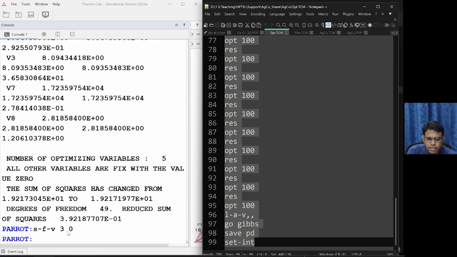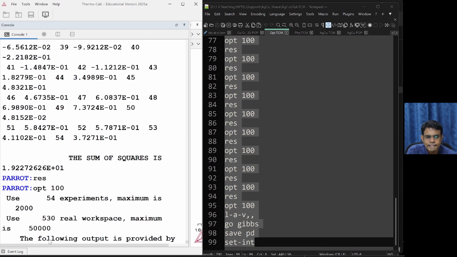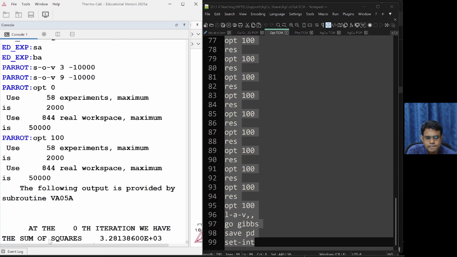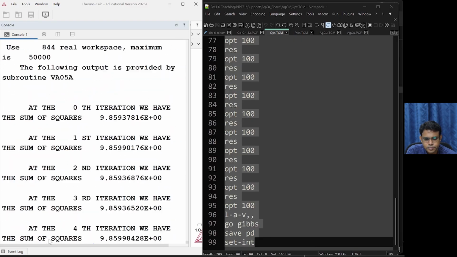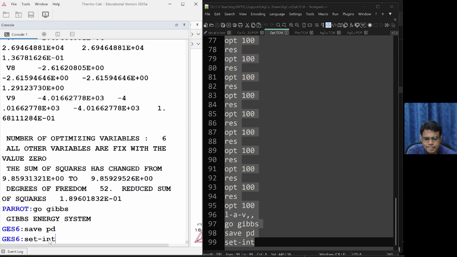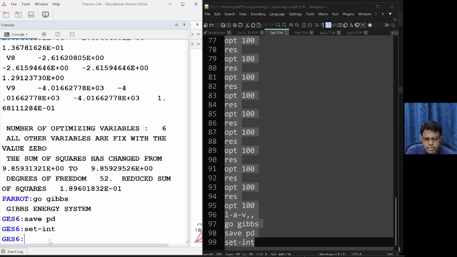So I'm copy pasting the entire file now. Right. So you can see here sum of squares is 1.8 into 10 power minus 1. This is significantly less, and it's reasonably okay.